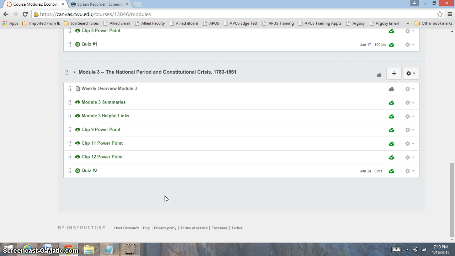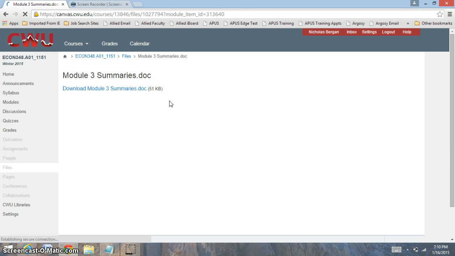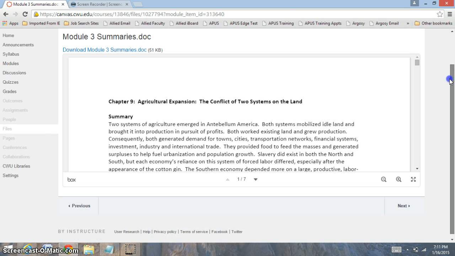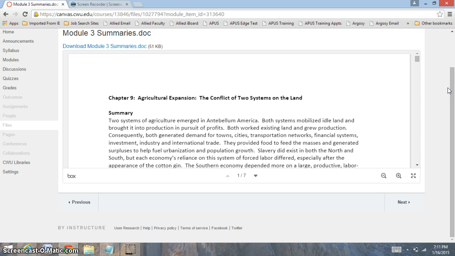Now for this week, you're going to be reading chapters 9 through 12, and you're going to have quiz number 2. It's just going to be the same setup as you had last week. So you're going to have 20 questions that are going to be multiple choice and or true-false questions. Let's go to some of the summaries of the chapters and what are some of the important parts of the chapters that might be helpful for you. And I wrote this up to maybe help you with some of the concepts that you might be having.